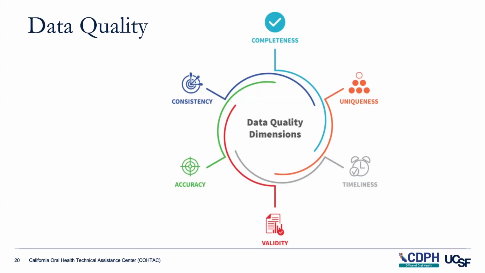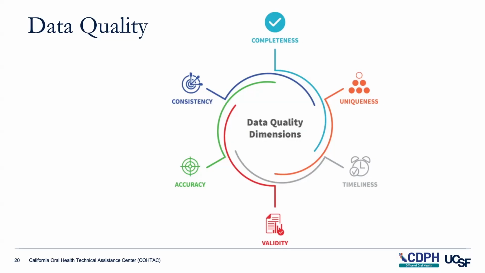Uniqueness, that is the assurance that each record is distinct and not erroneously duplicated in a data set. So we have one record for each child, not two records. This is something that shows up in TK and kindergarten. Timeliness means the data is available when needed and up to date, and part of that COHA policy has a 12-month limit. The COHA assessment needs to be within 12 months. So that's one of the ways that we ensure timeliness of our COHA data.